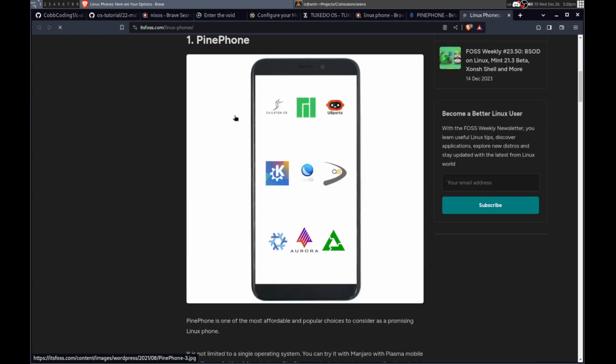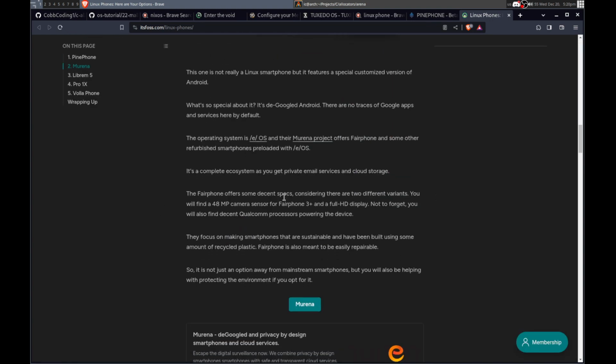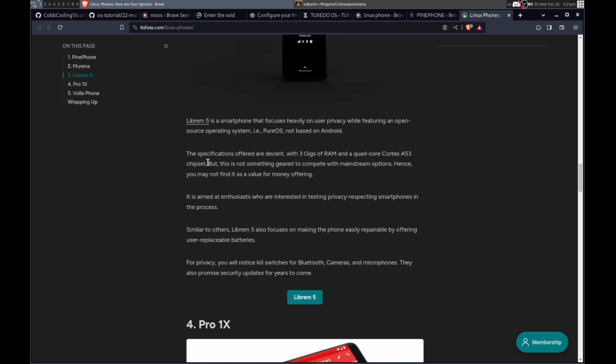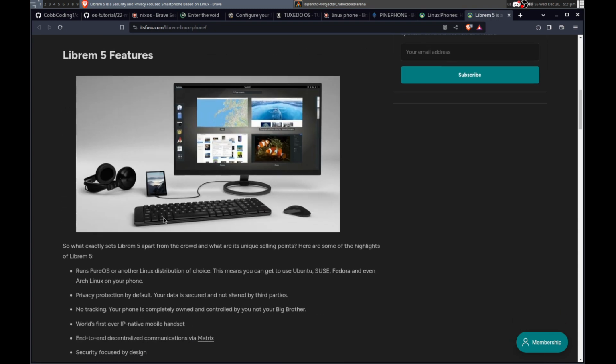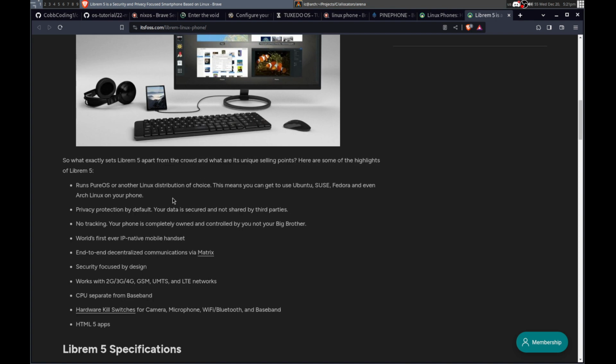These phones, here are your options. Yeah, I want to know the options. Let's see. PinePhone, yep. Haven't heard of that one. Librem 5, that's the one I've heard of, yeah. Bootloader is unlocked, yes. iOS, yeah, I know what you meant. Same thing, practically. Librem 5 features,